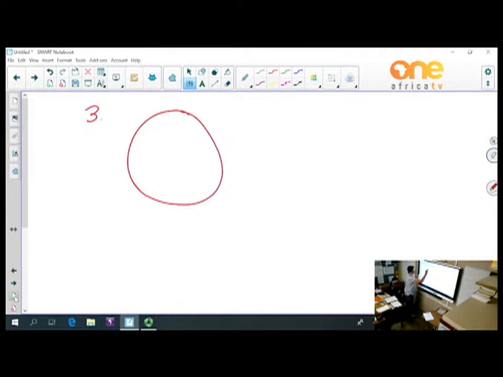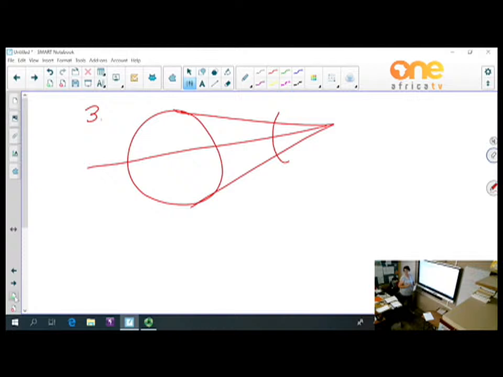You had that circle, it was not a full circle, 2 tangents from the same point, and the first construction that we made was the angle bisector. So that's now the one line that you have there. Now, to find the center of the circle, the other thing that we need to know is that the tangent to the radius is 90 degrees. So you have to construct here an angle with 90 degrees. Or here, doesn't matter. Construct an angle of 90 degrees, and then where the 2 lines intersect,